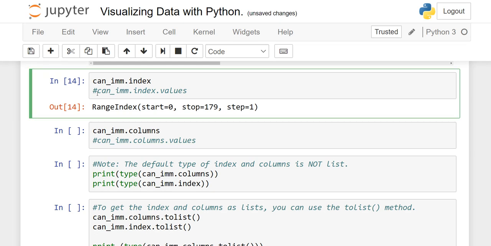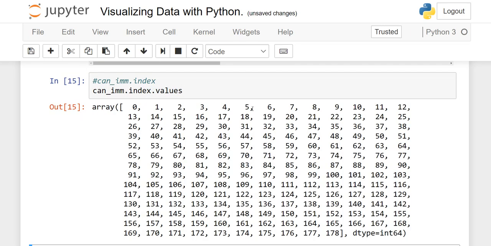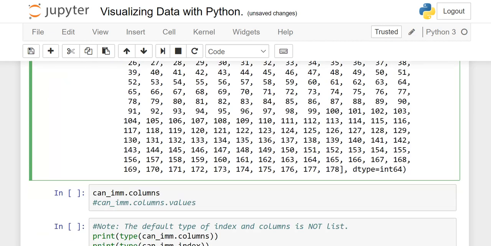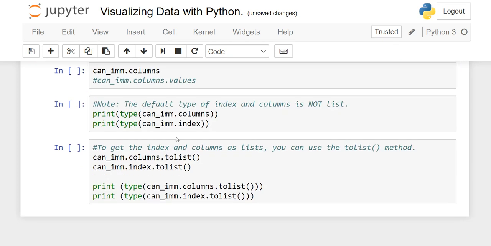Now if I remove this comment and run it, you will see the difference. With .values, it will give you all the indexes. It starts from 0, 1, 2, 3, and so on, the last is 178, and the data type is integer. So it's up to you. I think it is better to use only this to avoid all of this, because we already know that it starts from 0 and ends at 178.